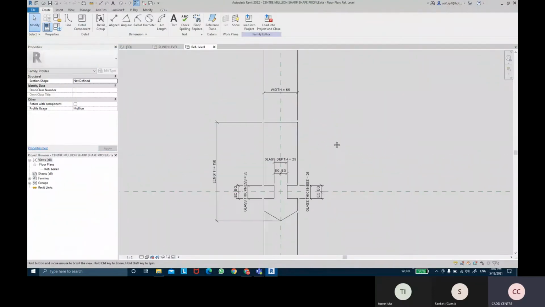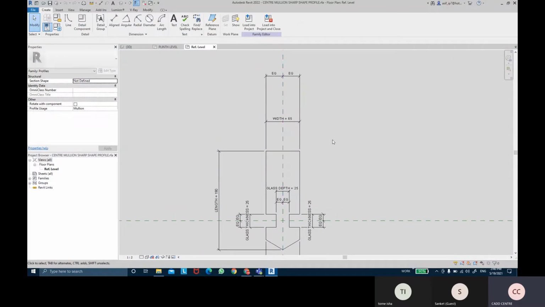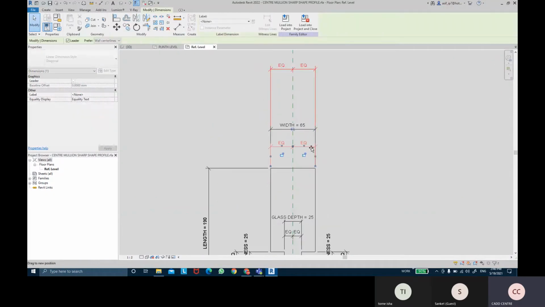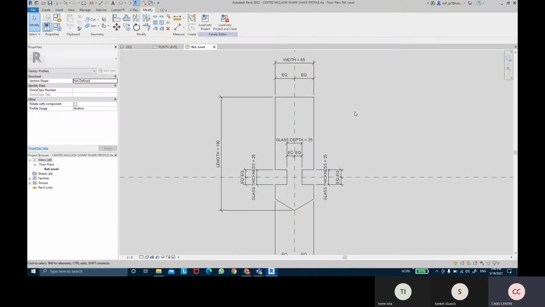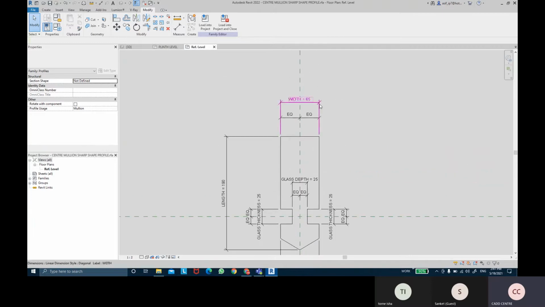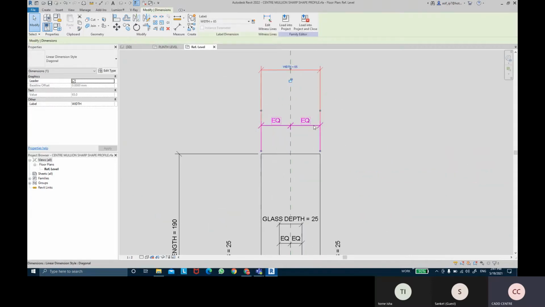So this was the profile shape that we have created, and we are now supposed to add the details for the profile shape as well.